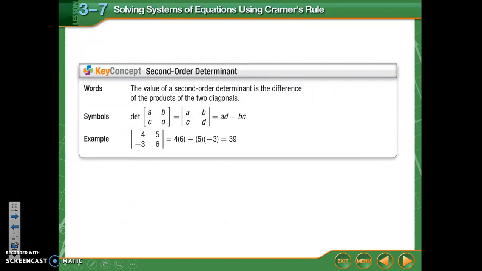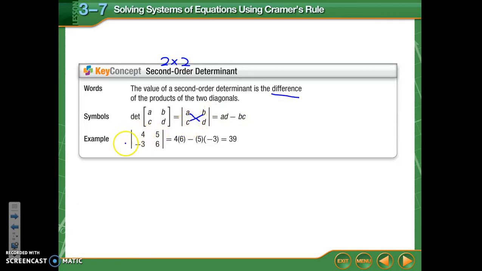A second-order determinant is the determinant of a 2 by 2 square matrix. So I can only find determinants of square matrices. There are 2 ways you might see it written, either DET, which means determinant of the matrix like this, or you'll see these 2 parallel lines, and that will mean find the determinant. This one is pretty easy to calculate. It's just the difference of the products of the diagonals. So if you look here, we take A times D, and we write that first, and then we subtract B